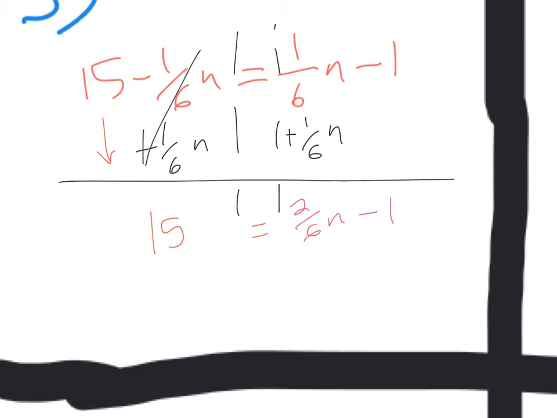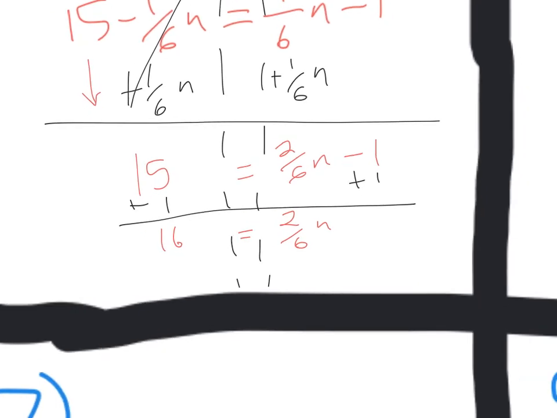Okay, we can add 1 to both sides. Plus 1, plus 1, and we get 16 equals 2 over 6 n. And we know how to solve this. We have to multiply by the reciprocal, 6 over 2. That cancels that out. Multiply this side, put a 1 on the bottom, multiply this side by 6 over 2, and we get n is equal to